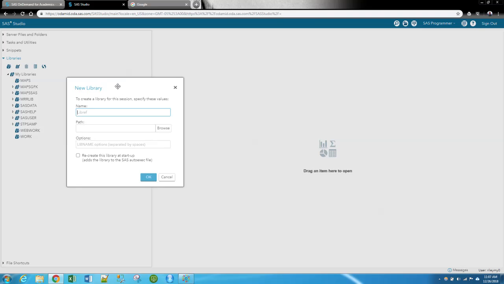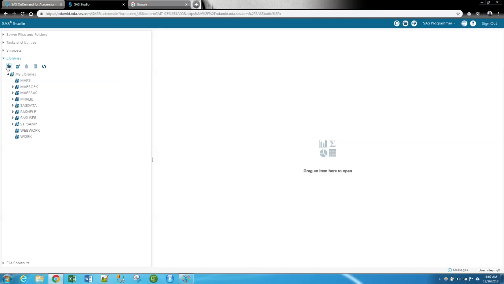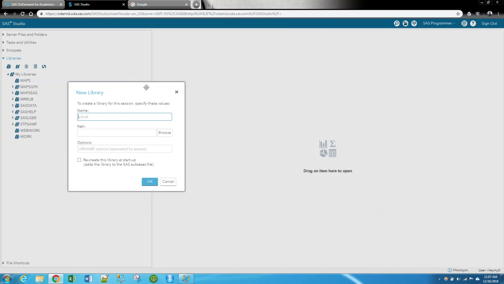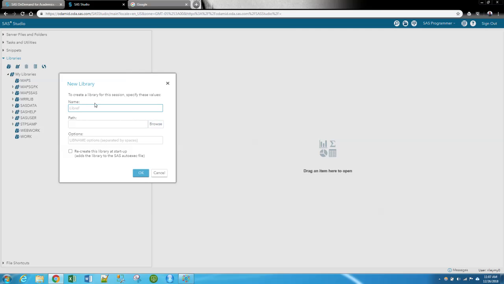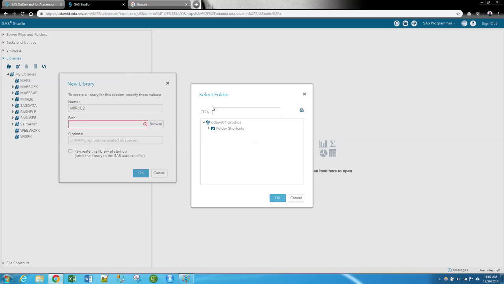Essentially, let me go back. Here's the new library. Here's assign and metadata libraries, which we won't really talk about, and then refreshing the library. The first thing it tells you is to generate a libref, and remember this can only be a maximum of 8 characters. So I'm just going to call it MRRlib2, and then you're going to have a path for it. If you just browse, it's going to bring up